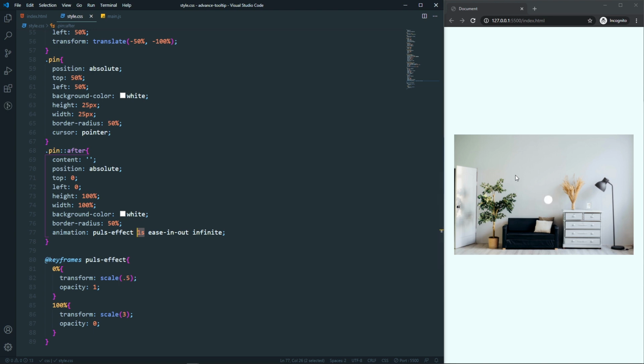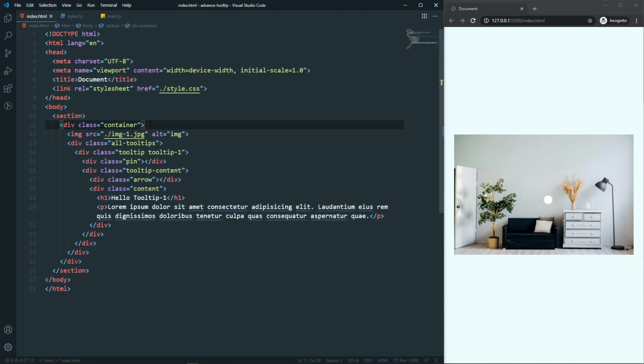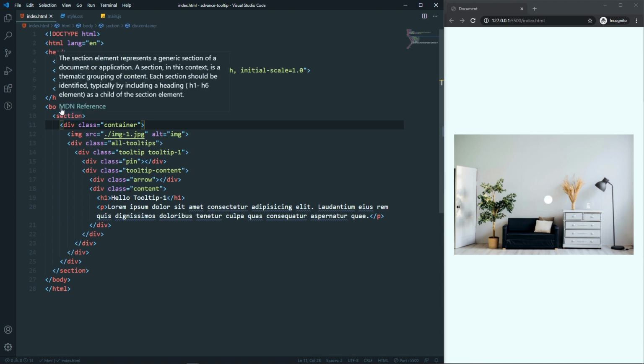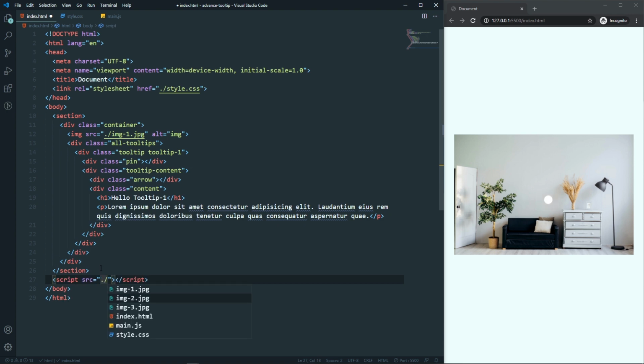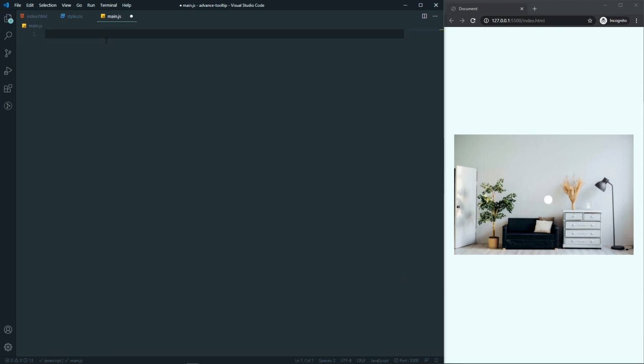So after that, let's actually functionalize our tooltip. So for that we will use our JavaScript. So in our body tag, before the closing body tag, let's actually add the script here. So main.js. So in our JavaScript, first of all, let's actually select all the elements. So here let's say that selection,